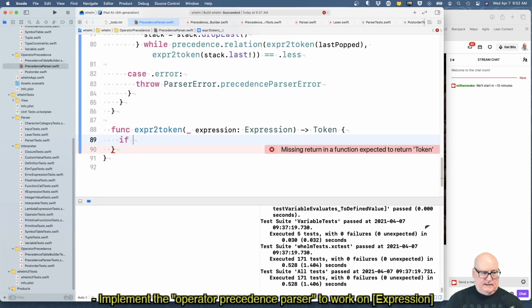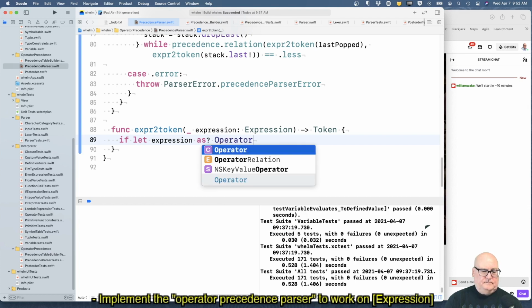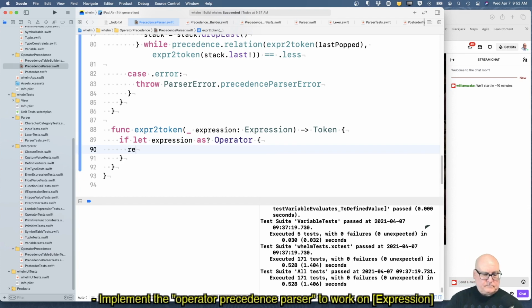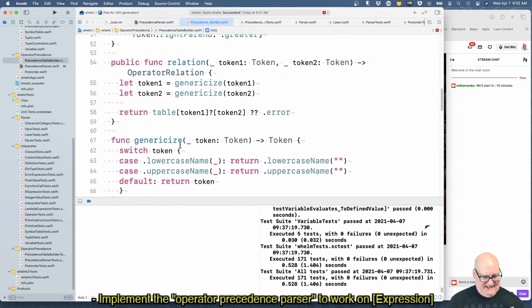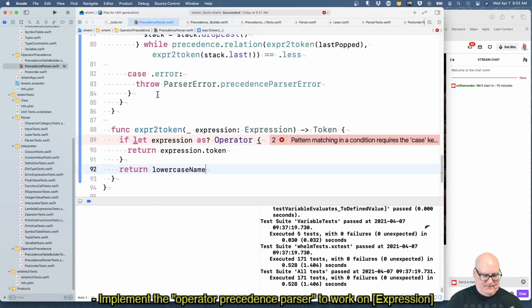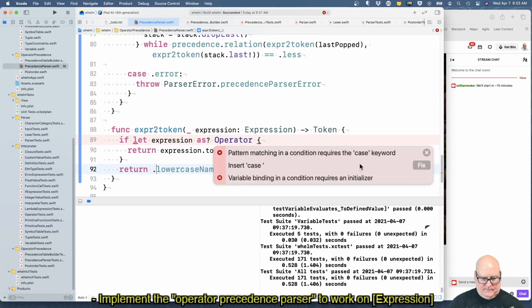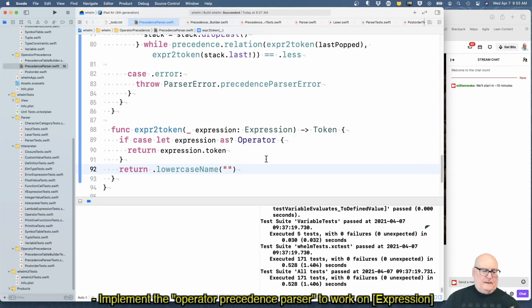If, can I say, otherwise, I guess this one's probably the right. Variable binding in a condition.